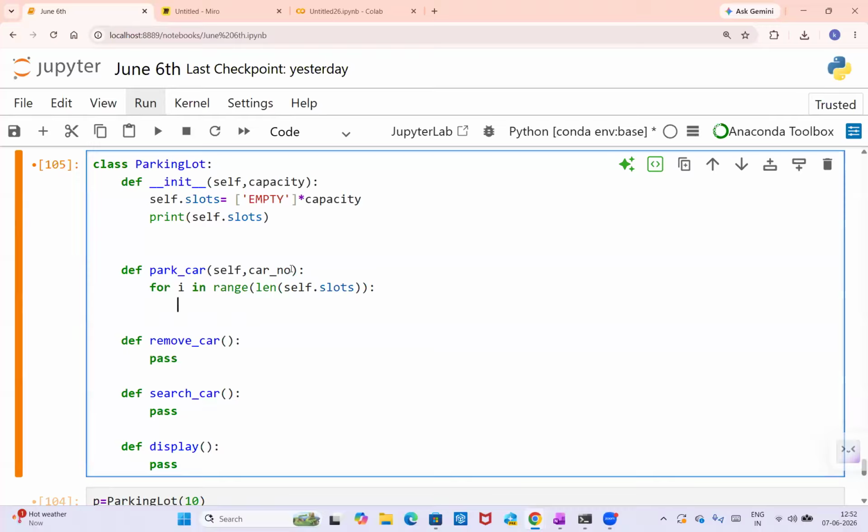Now we will check if self dot slots of i, because this will go from 0 to self dot slots. So I can directly write i here. Just one liner we are increasing. If this is empty,